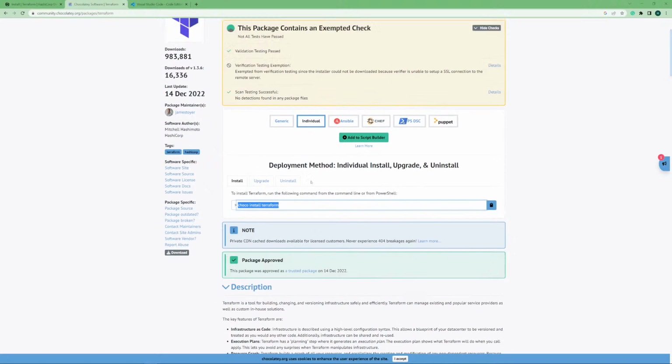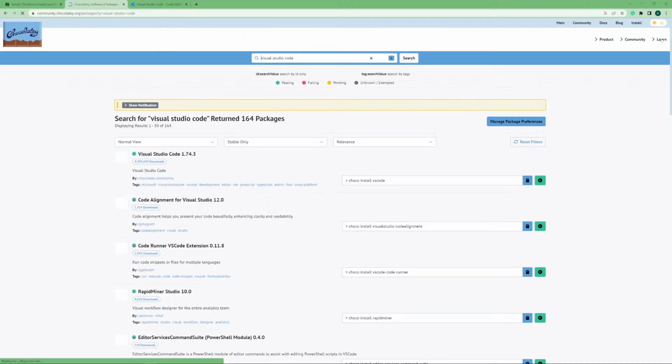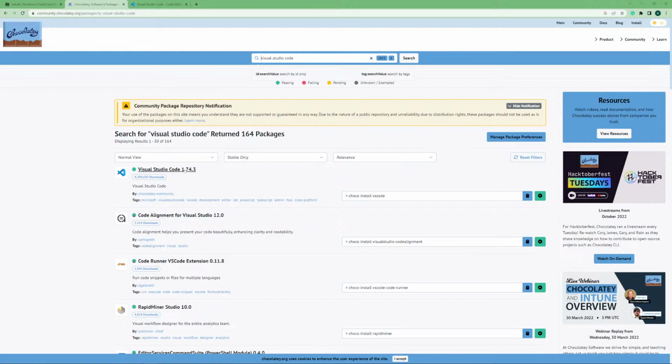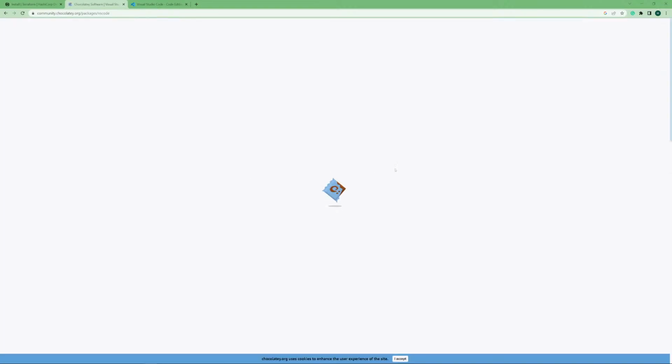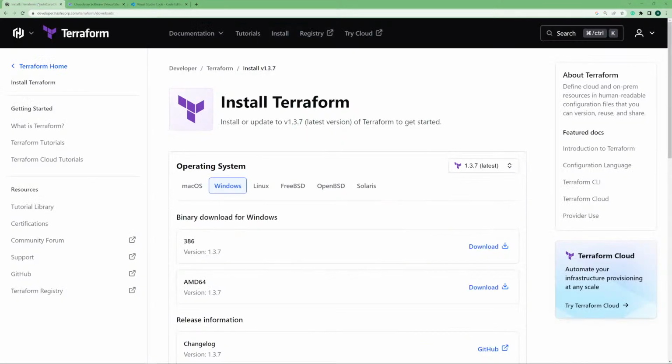You can search for Visual Studio Code, click this one, and this is the command, choco install visual studio code. Once you have installed Visual Studio Code and installed Terraform in your local,